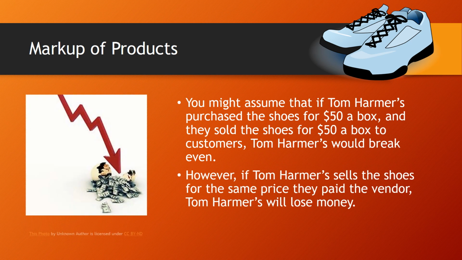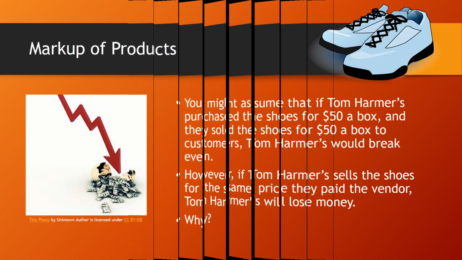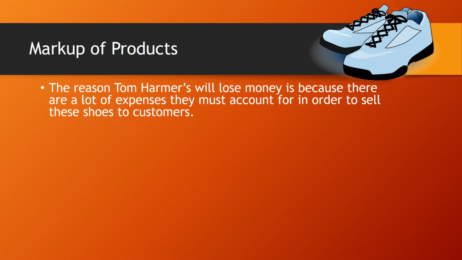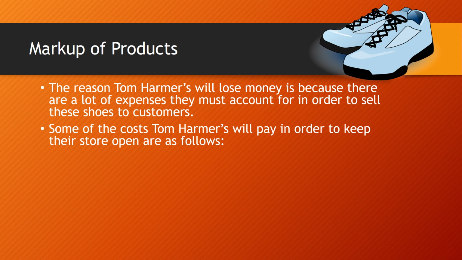However, if Tom Harmer sells the shoes for the same price they paid the vendor or the manufacturing company, Tom Harmer's will lose money. Why? The reason Tom Harmer's will lose money is because there are a lot of expenses that the company must account for in order to sell their shoes to customers. For example, some of the costs that Tom Harmer's will have to pay are employee wages and benefits,